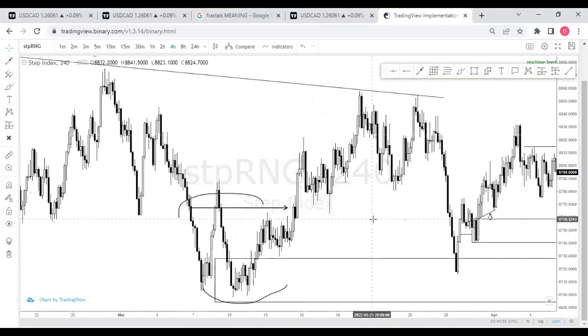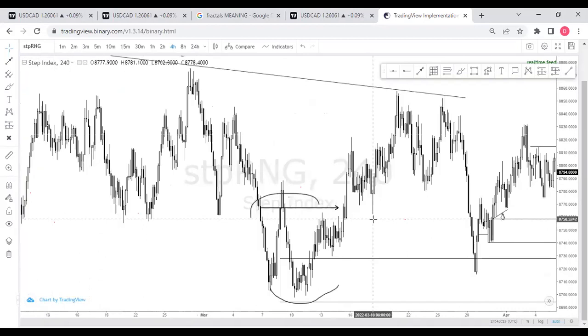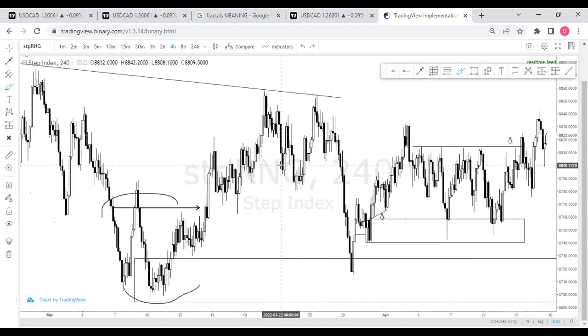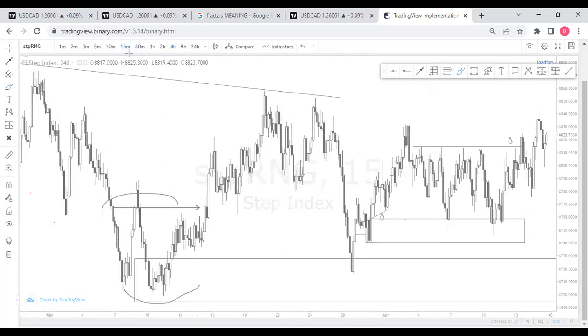All right. So this is a very, very, very beautiful one right here. So this has a lower high, already marked out, lower low, then price structure here. Okay, we mark this out. This entire region was our point of interest. Now let's see what happened in that area on the 15 minutes.